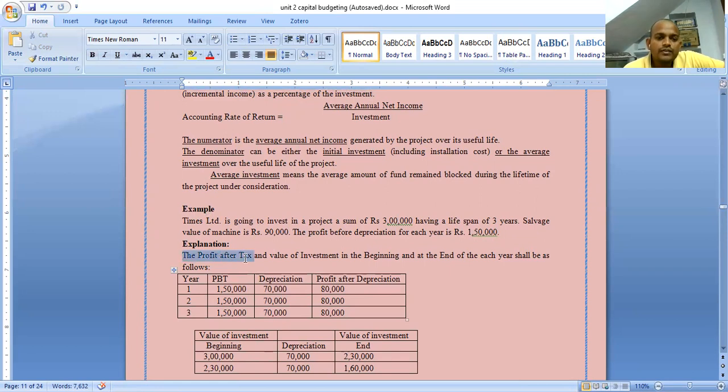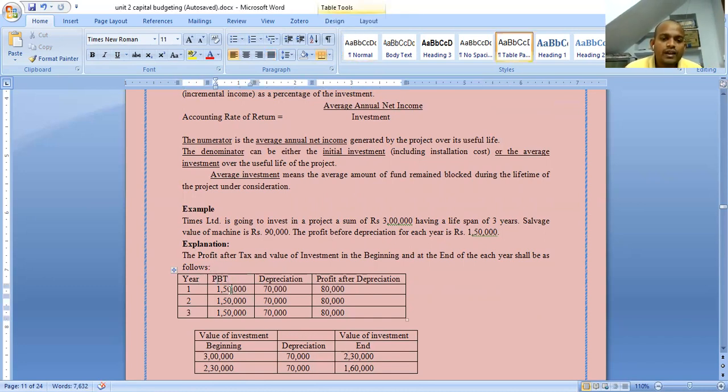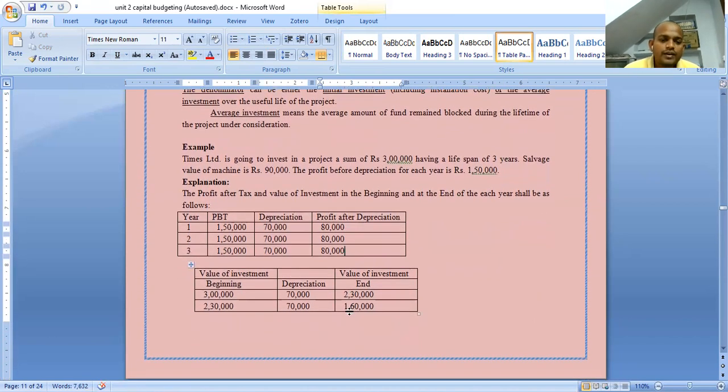The profits after tax and value of investment in the beginning and at the end of each year shall be as follows. See, profit before tax 1,50,000 each year. So we have to deduct the depreciation. Then profit after depreciation. Okay. So after depreciation,